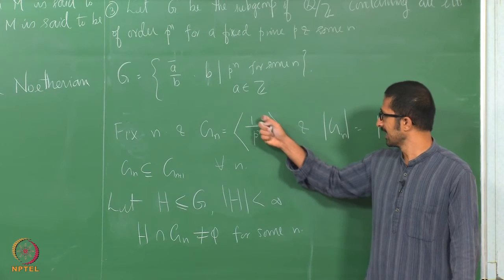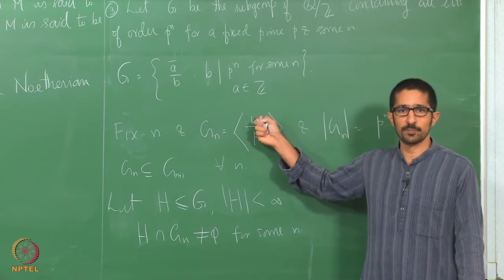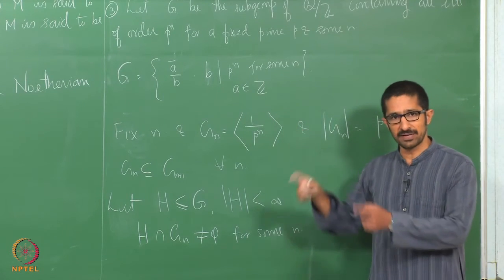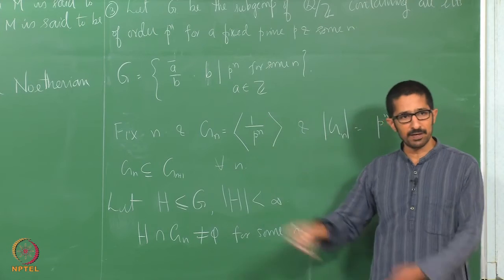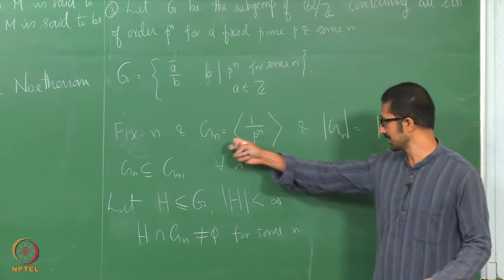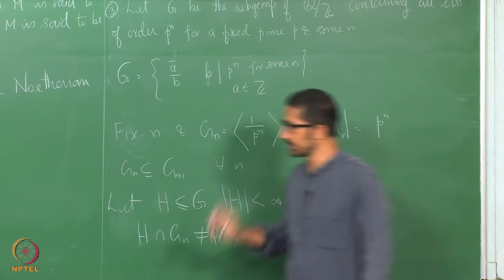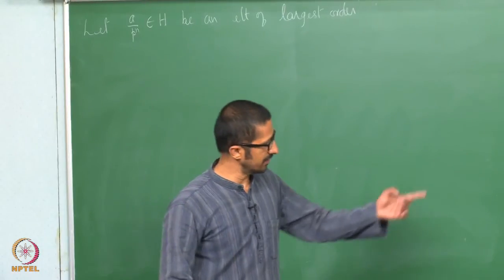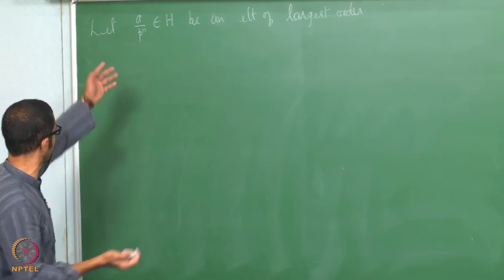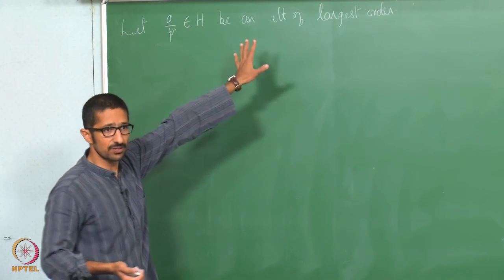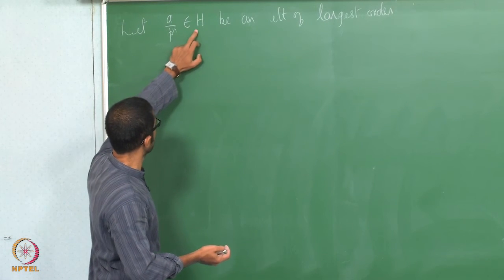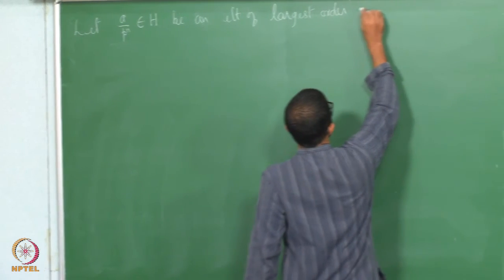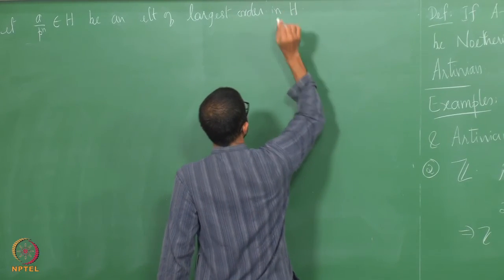If I take any element a which is co-prime with p, a by p power n will generate G n again. So there would be many generators. Similarly, there could be many elements of largest order. So, I look at an element of largest order in H, okay,